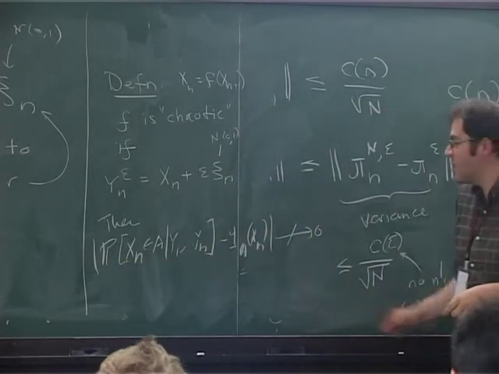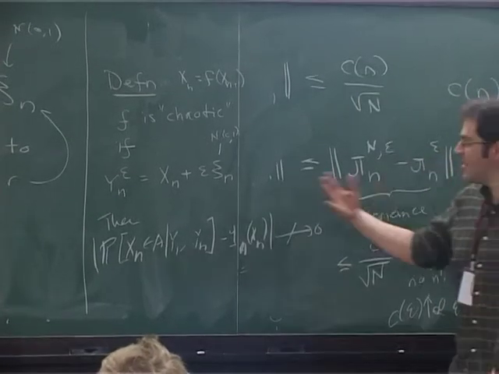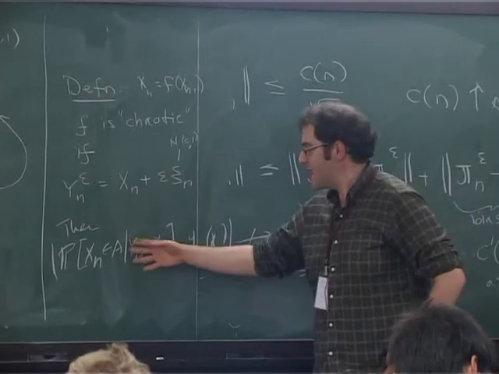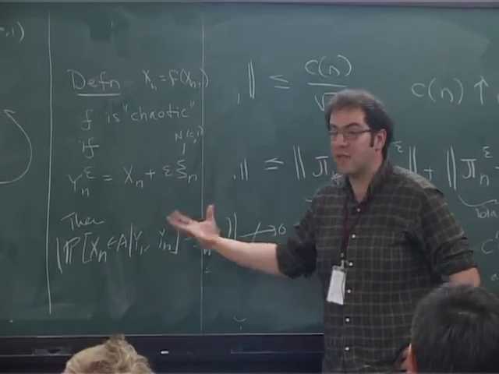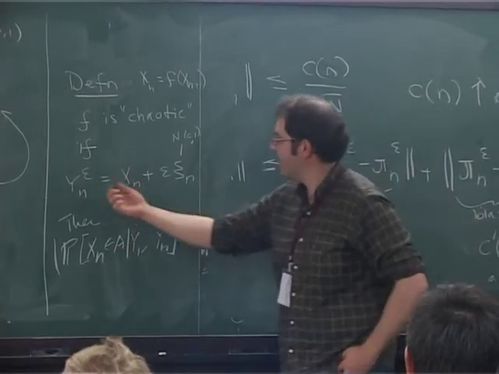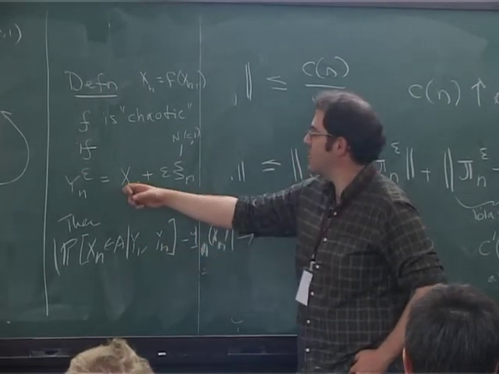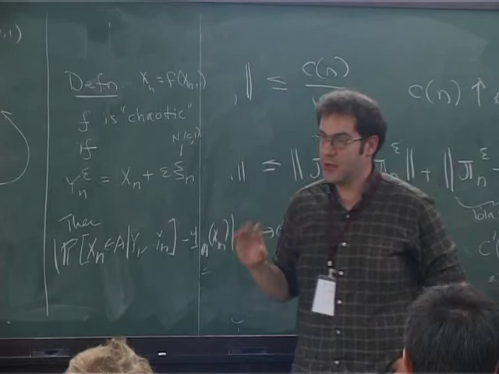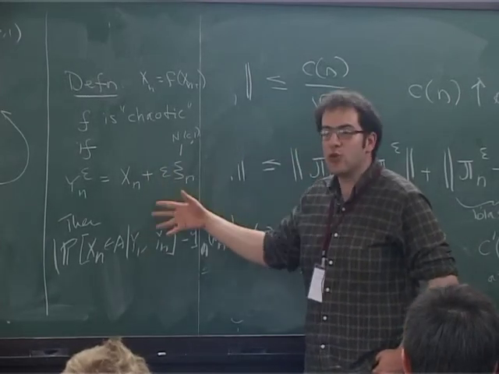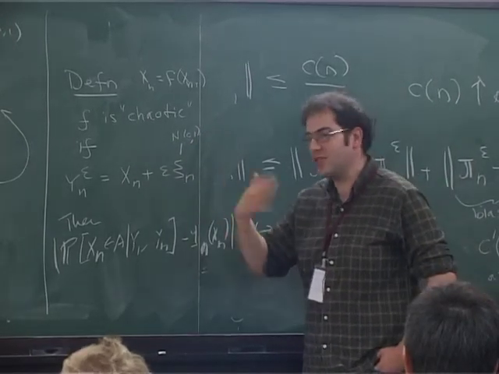I could take this as a sensible definition of chaos. This is chaos in the sense that if I observe it with error, it's too sensitive to the dynamics for my information to accumulate over time to learn exactly where I am. Of course, if I allow myself a function here, that's a different matter. But this is intuition, and not the usual notion by which people study chaos. People look at Lyapunov exponents, unstable directions.